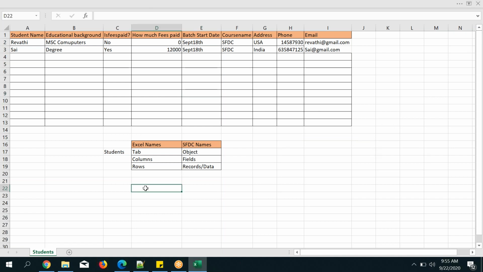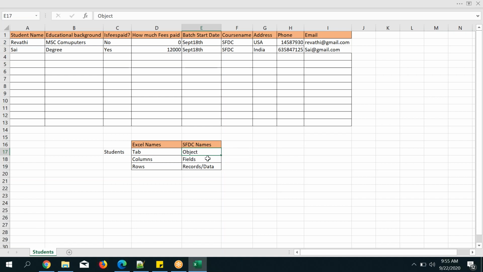If I want to add all this data, tell me what I need to create, like a tab, in Salesforce. An object. First I need to create an object with the student name.